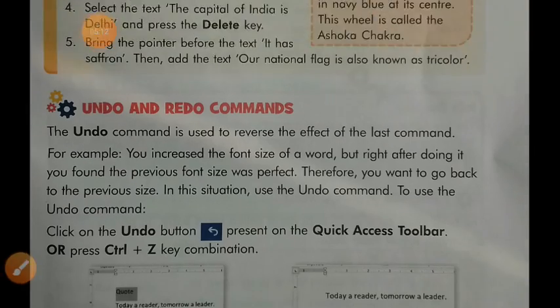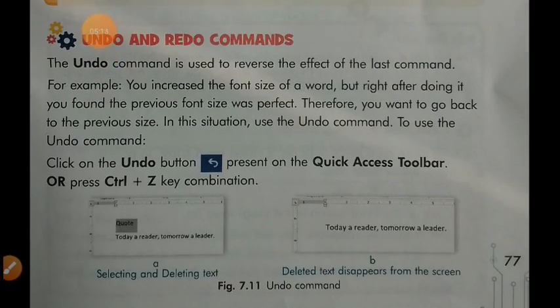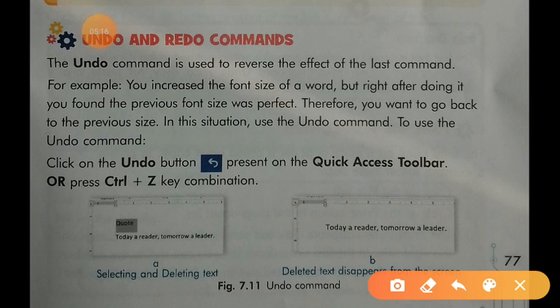Now come to the next page. In the next page, that is page number 77, the topic is the undo and redo command. Dear students, the undo command is used to reverse the effect of the last command. For example, you increase the font size of a word, but right after doing it, you find the previous font size was